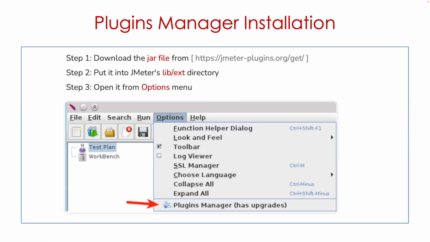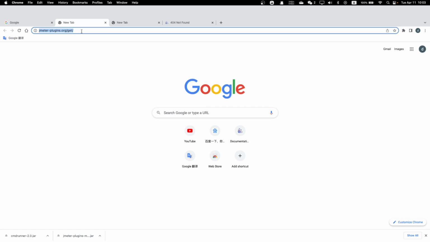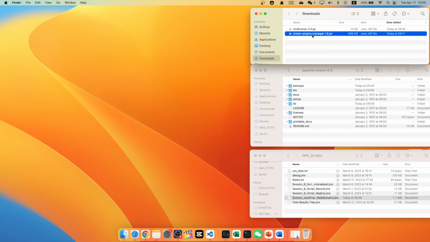Let's get started. Okay, the first thing we need is to install the Plugins Manager. So we have 3 steps. Let's download the Plugins Manager file, put it into the lib/ext directory, and open it from the Options menu. Let's do it. This is the site where we can download the Plugins Manager. I've already downloaded it here. And let's put the Plugins Manager